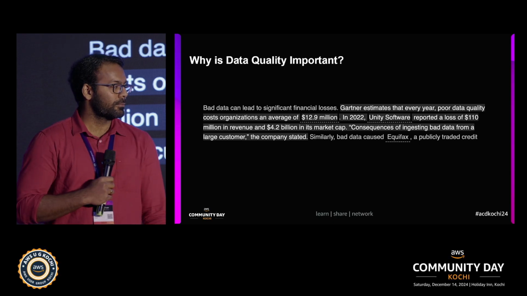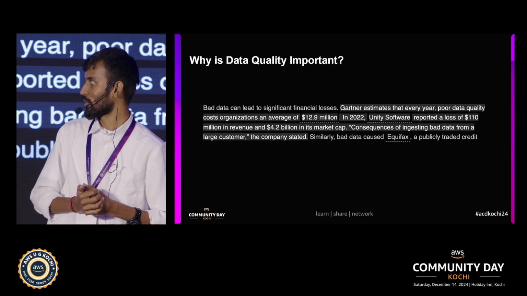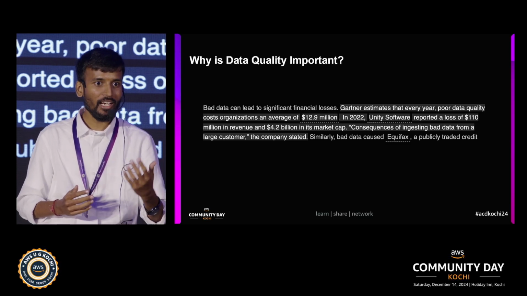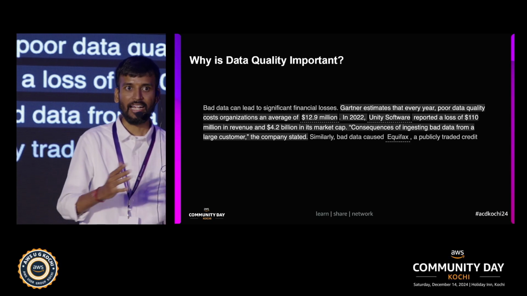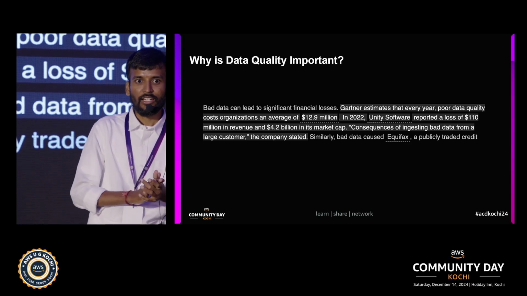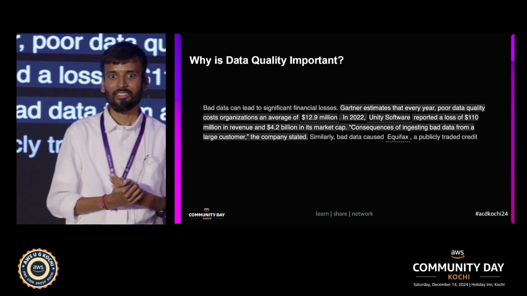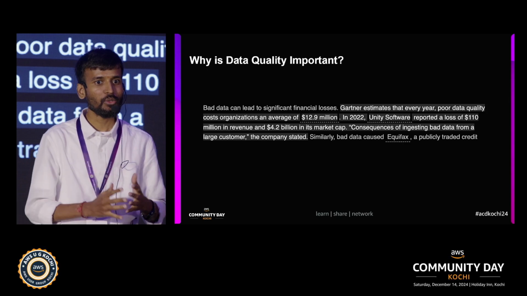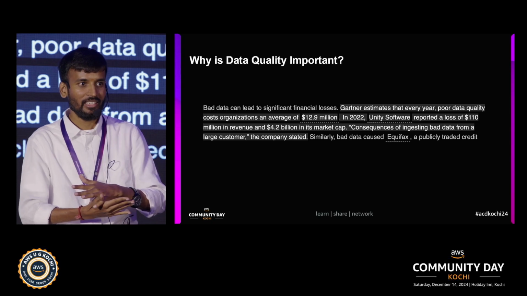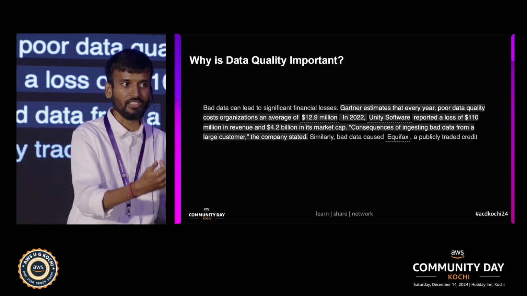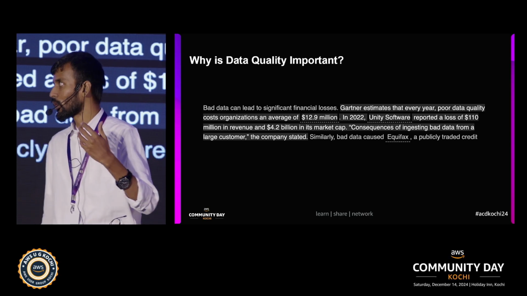We'll start off with why data quality is important. According to a Gartner report, organizations lose around $12.9 million per annum because of poor data quality. When is data said to be qualified data? The data needs to be accurate, consistent, complete, timely and relevant. All these five characteristics should be present in the data. Only then will the data be classified as qualified data.